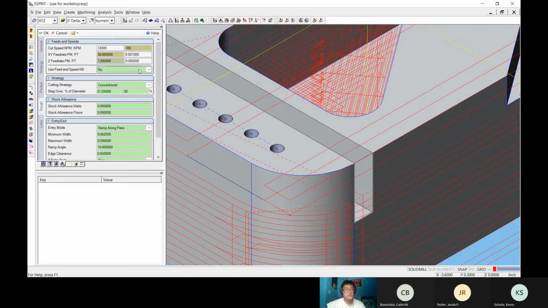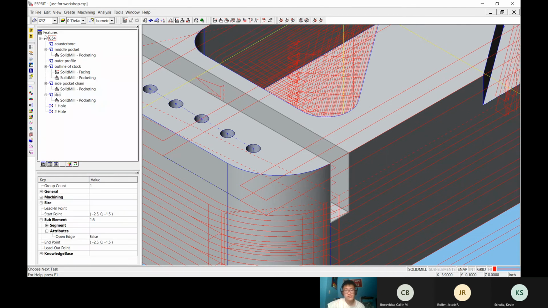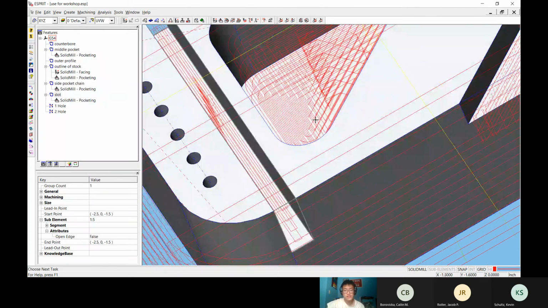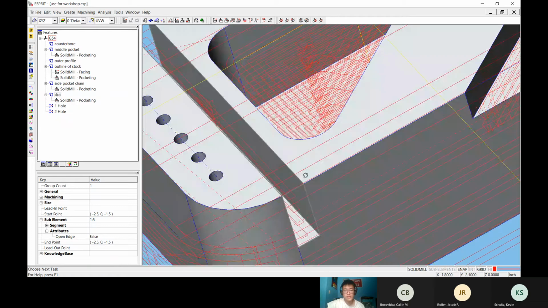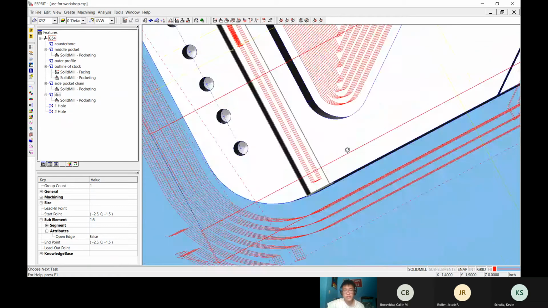And then our step over percentage of diameter, regardless of what percentage or which step over we put, it's going to automatically set it to 100% because that's how slotting works. And then we press OK. You'll see how it makes these nice rectangles, but it never leaves the part. So before we simulate it,